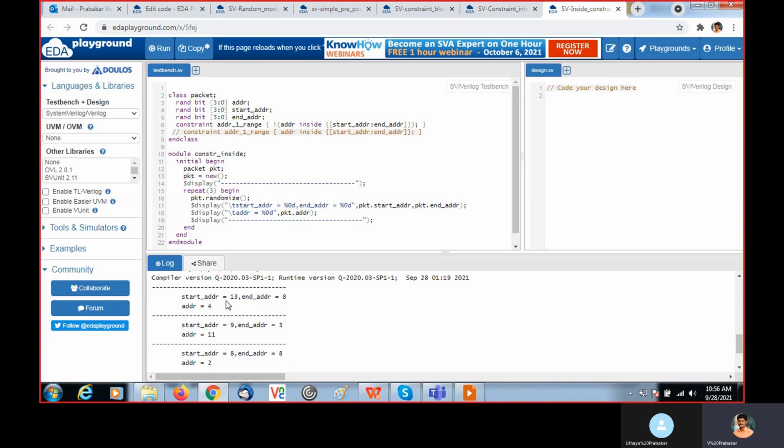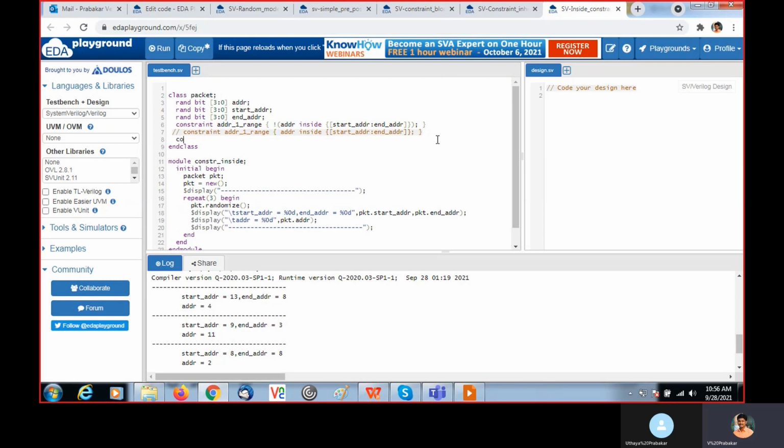If I want the start address to be minimum and the end address to be maximum, I can write a constraint. The name should be unique; you should not use the same name. It's just address 1. Within this curly bracket, you should mention start address less than end address.